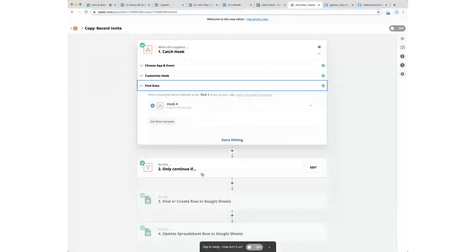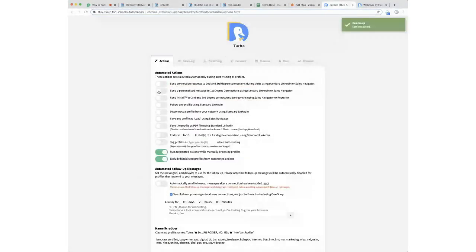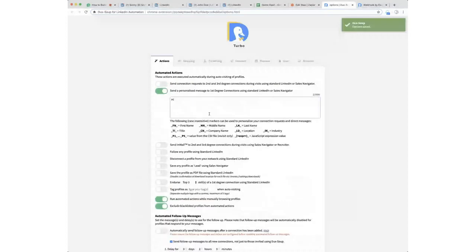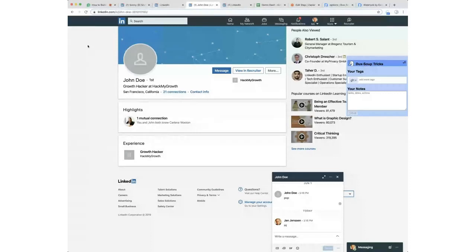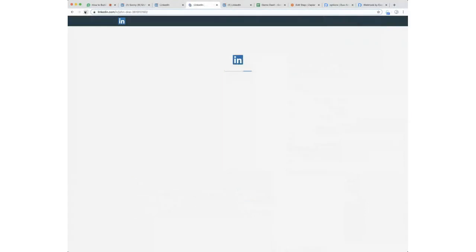Okay, so I need to feed it some data because the sample that is in here is from the previous zap. So I need to send someone a message to be able to generate the data or the sample. So for that, I'll go back to the actions. Disable this here. What I'm going to do is just send a simple personalized message to a first degree connection. I'm talking too fast for myself even. And I'll just send it to this dummy profile. This is just a first degree connection that I'm using for this purpose, that I can, when I hit refresh here, you'll see